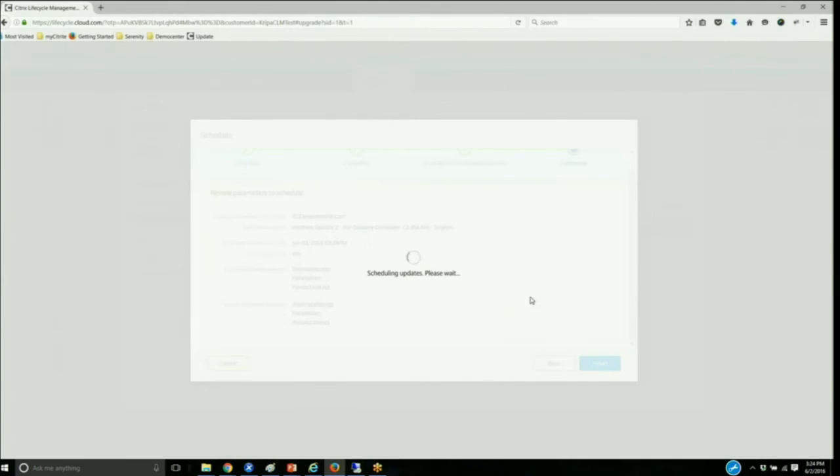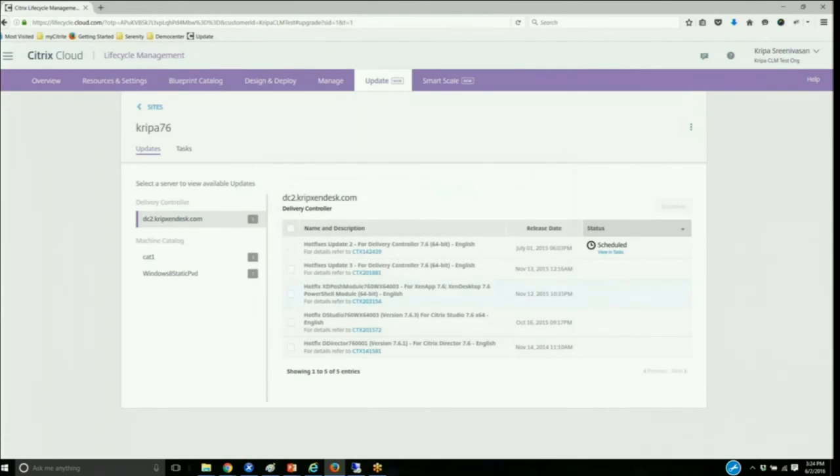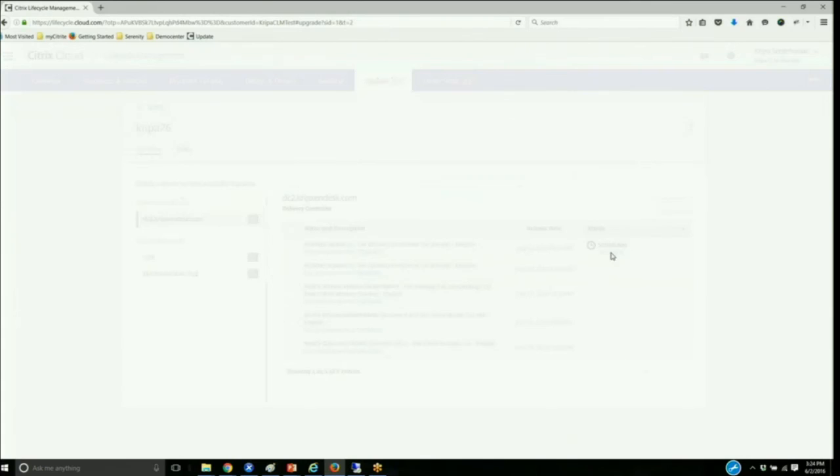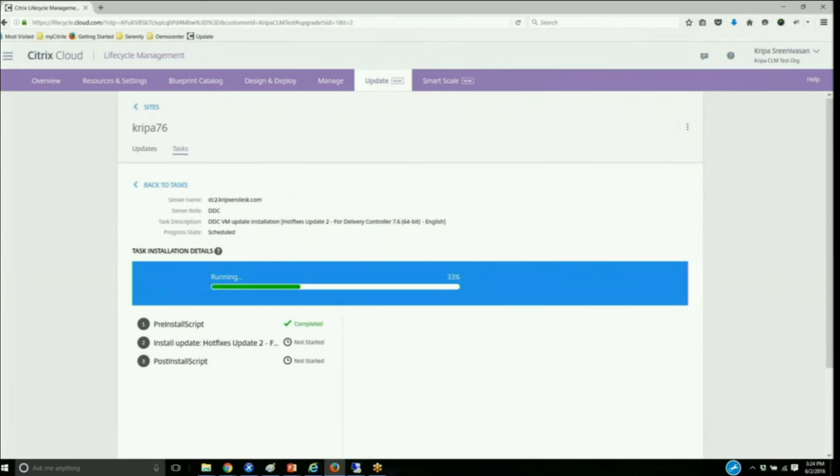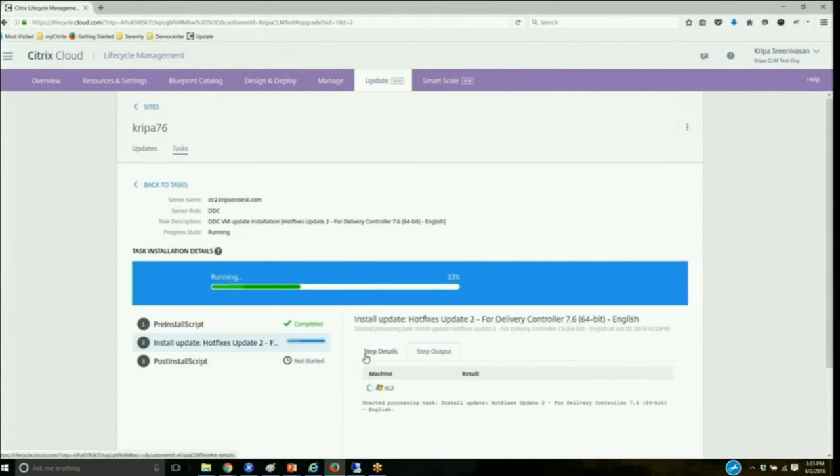And yes, that's about it from the customer side. So they're good with the latest hotfixes. CLM creates a task to automate the entire process of the pre-install script, the hotfix installation, and the post-install script. CLM downloads the hotfix onto the customer's site and automatically installs it here.